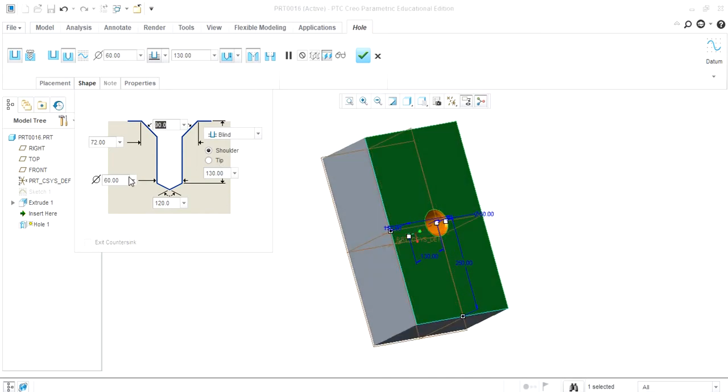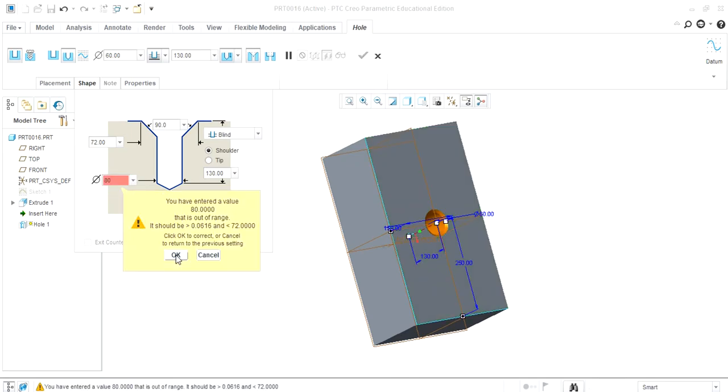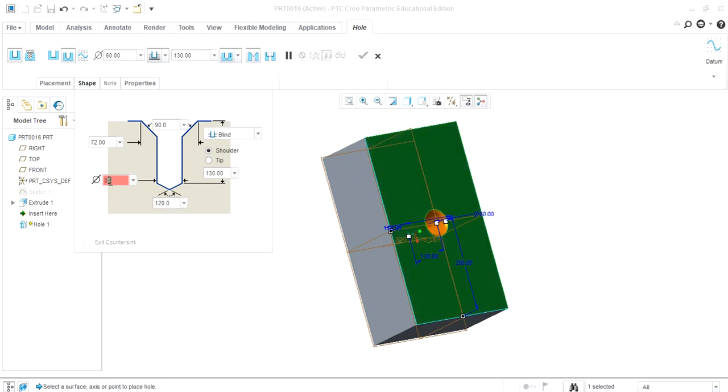Suppose we want the dimension up to 80. 80 is not in the range, so we will consider 70. Again 70 is also not in the range, so we will take 60. In this case you can see that if the dimensions are not properly managed, it will show an error.